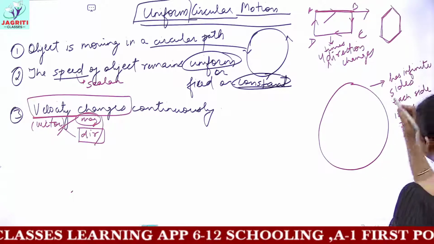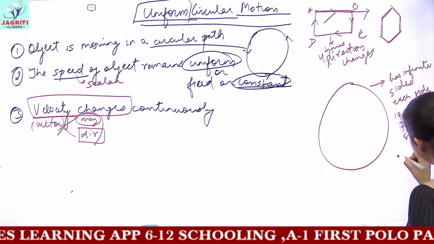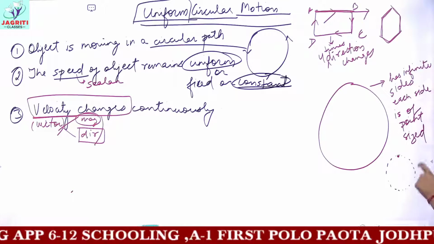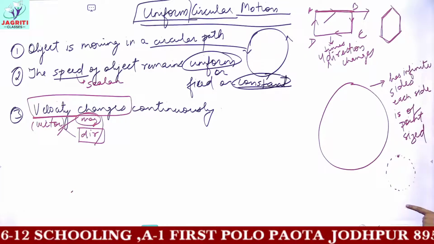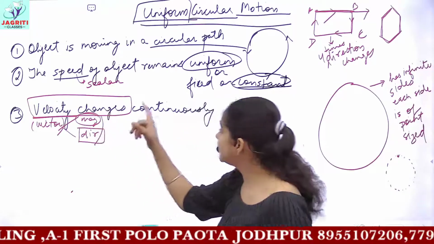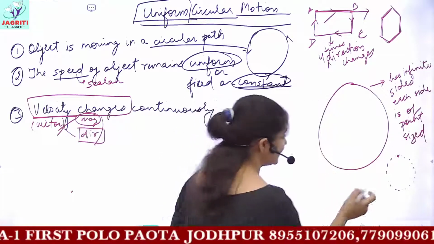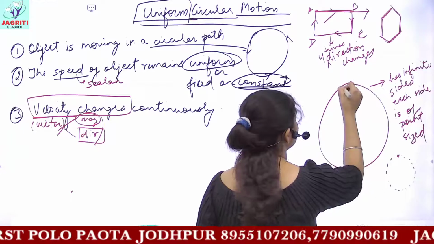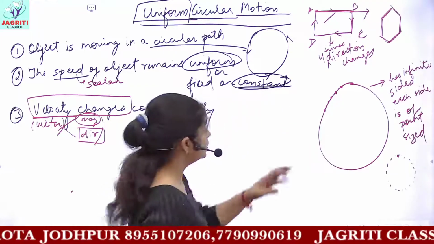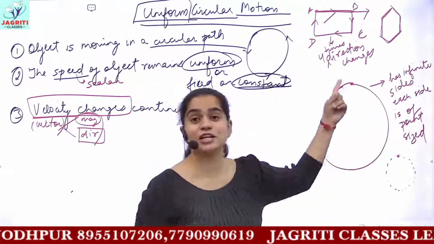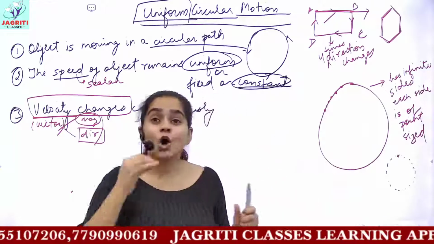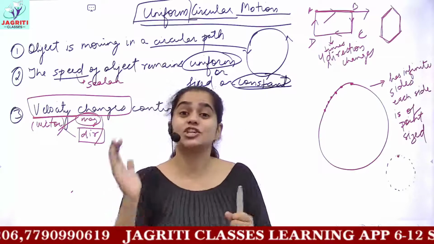It means when you join many points together, you get a circle. It means at each and every point of the circle, the direction is not fixed. So I wrote that velocity changes continuously, because each and every point of this circle corresponds to a different direction, and you have an infinite number of such points. It means that to maintain a circular path, the object has to change its direction continuously.